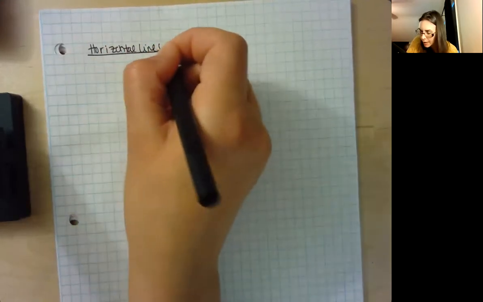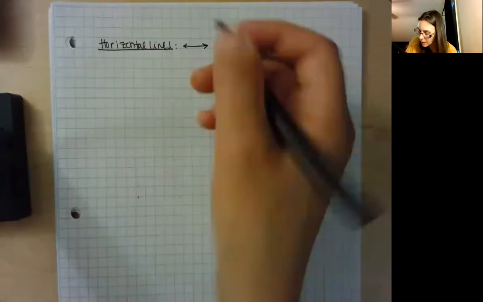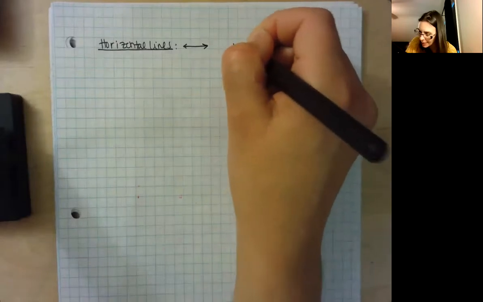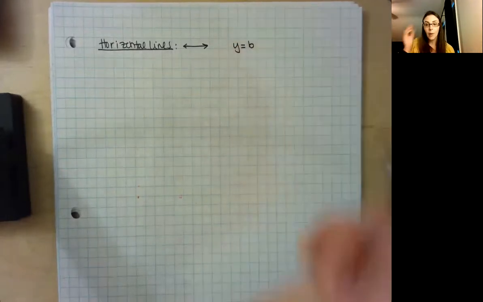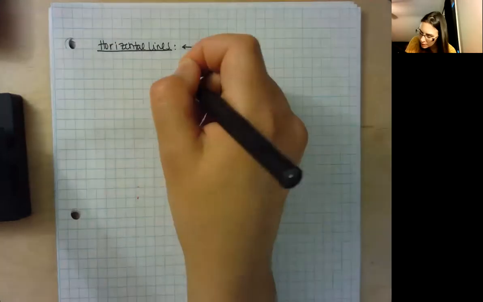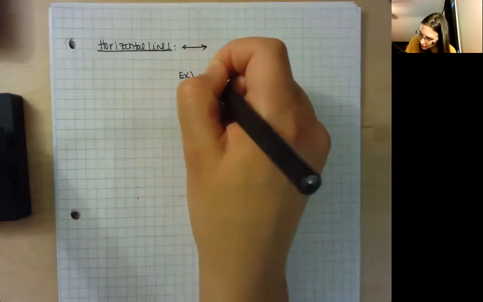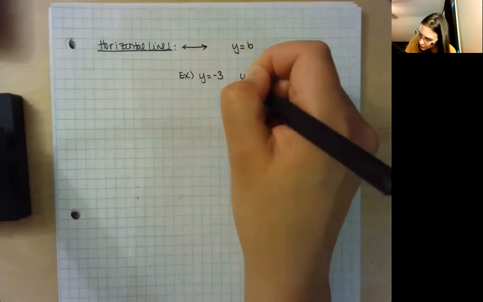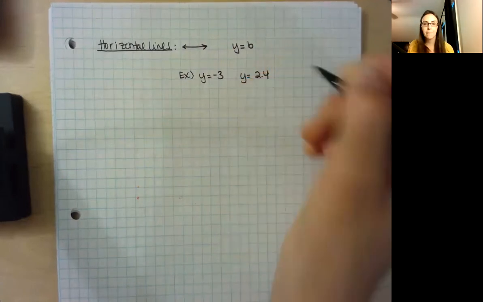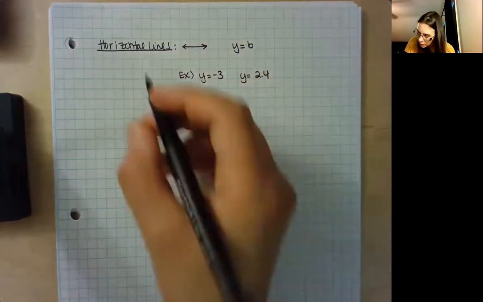So your horizontal lines go perfectly left to right. And what you're going to notice here is they look like this. y equals, I'll just use b here. So some number b. So for instance, y equals -3 or y equals 2.4. So what you're going to do there